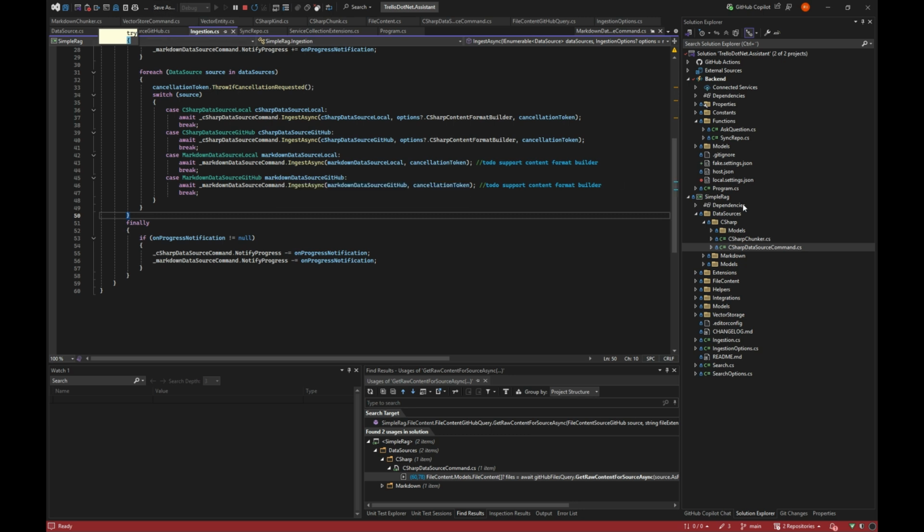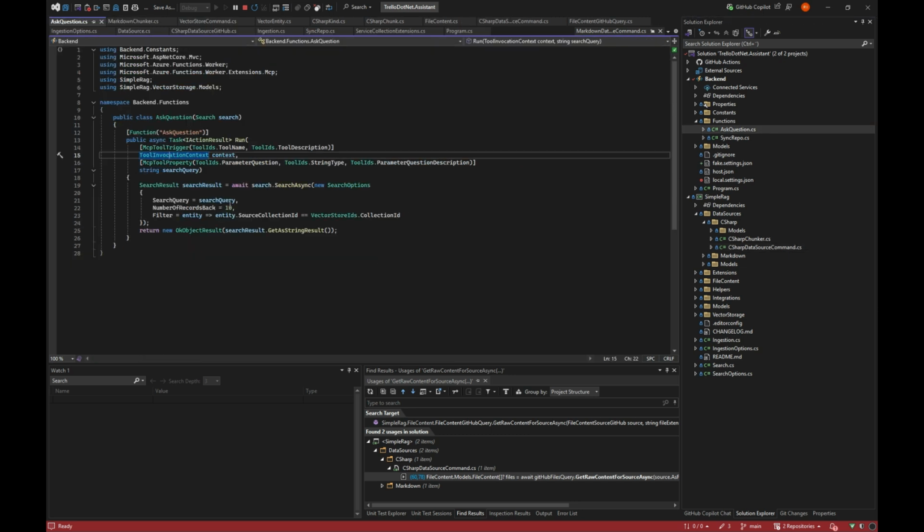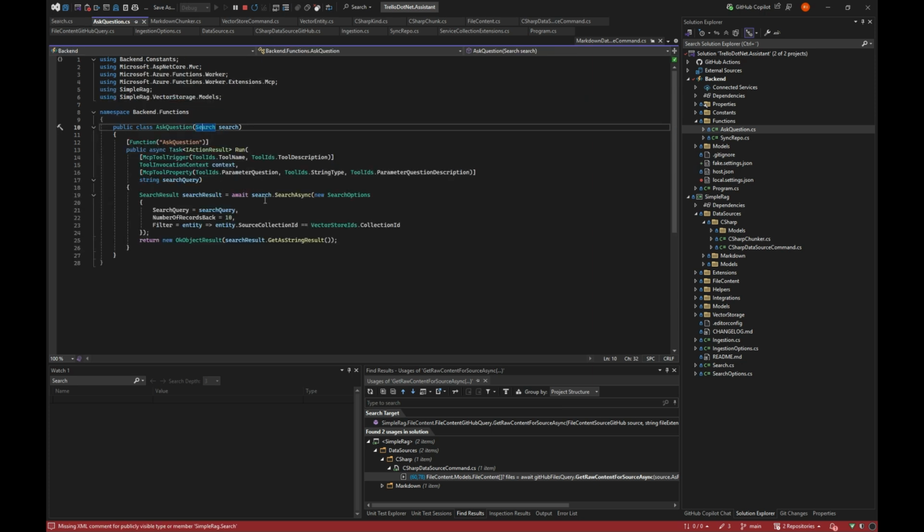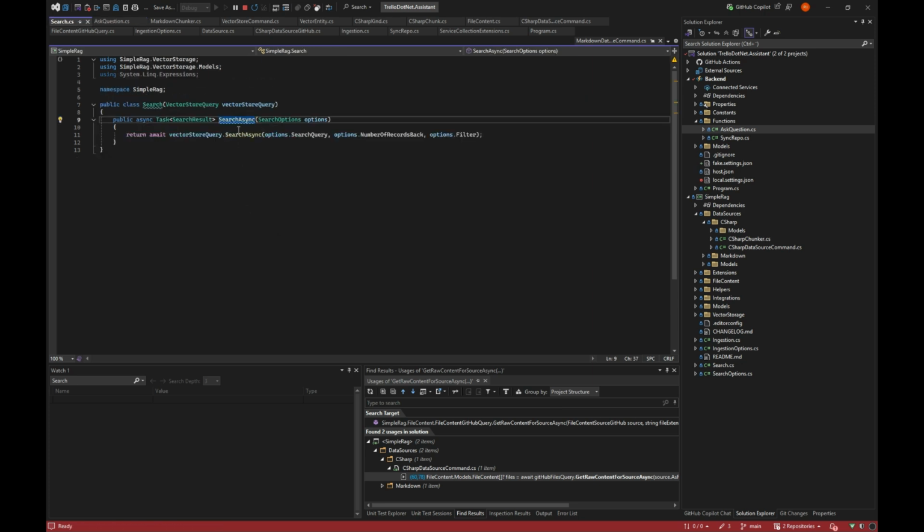The final thing is, of course, the search. And the search is very simple, and I have shown it in other videos. But there's a search endpoint in SimpleRag, and all it does is search with a search query and how many records it wants back.